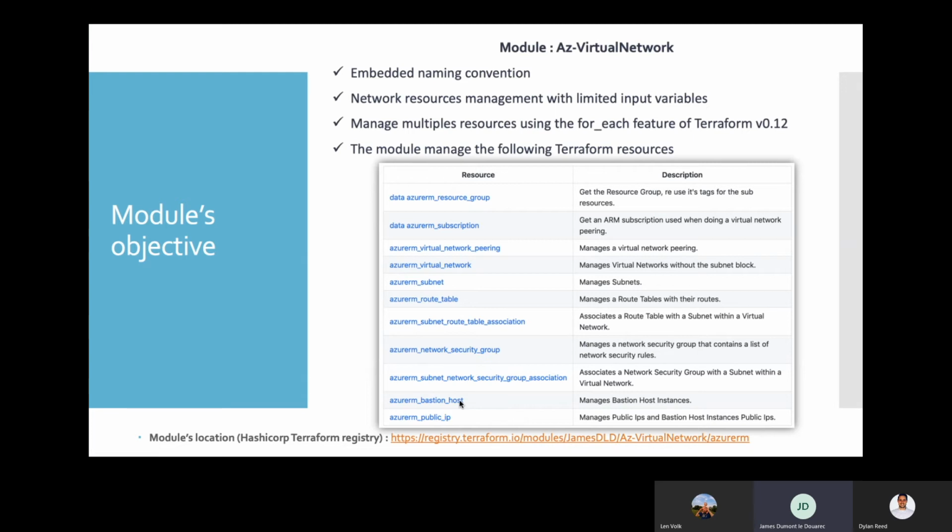The point is that it's a module. You can decide whether or not to create a route table. If you don't want to create a route table, for example, you just leave this variable as an empty list. This is the same for the peering, etc., and the network security group.